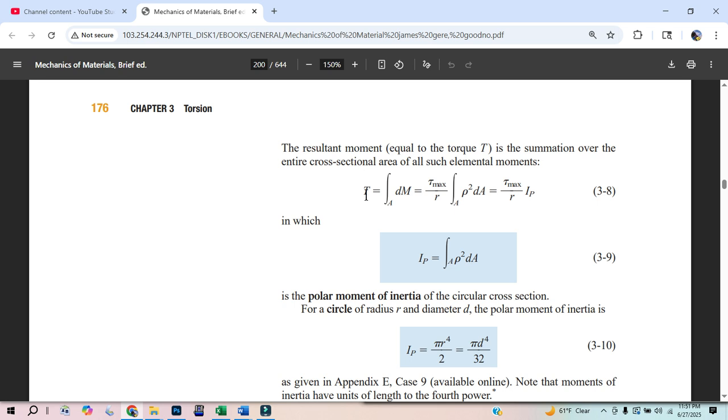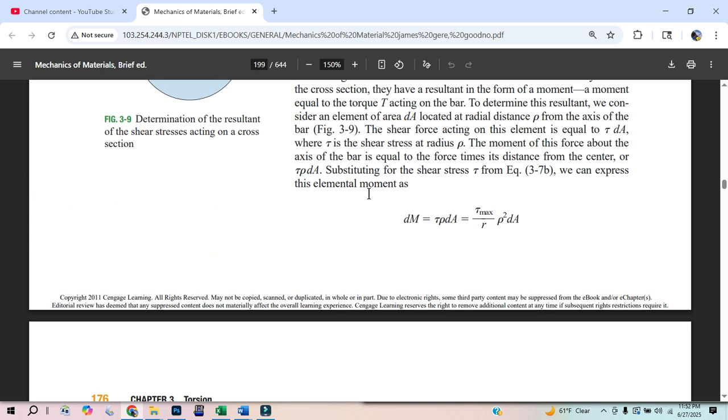that would have helped. So torque, again, is this double integration, tau max r, rho to the third, times d rho d theta. Or rho squared, and then dA is that rho d theta. So you're going to have rho cubed. You're going to integrate that. That's going to go rho to the fourth divided by 4. Cool. And your limits are going to be from 0 to the radius. So that's going to be r to the fourth divided by 4. You're also taking r to the fourth divided by this r,